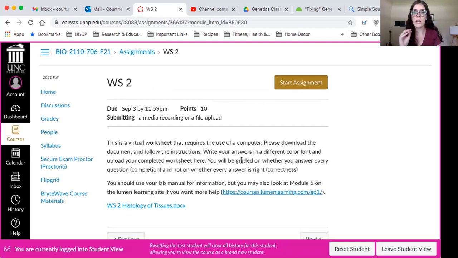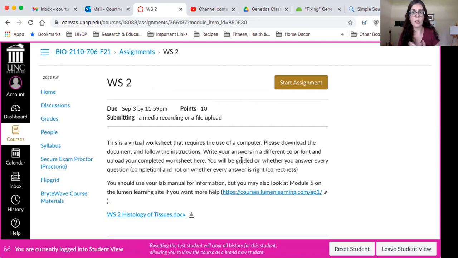Please put your answers in a different color font or highlight them so that I can quickly see what answers you have. Again, I grade whatever you submit. So if you submit an incomplete worksheet, you will lose points and you won't be allowed to resubmit anything. I just grade whatever it is you submit. So please check your submissions beforehand. Okay, so we're going to download this